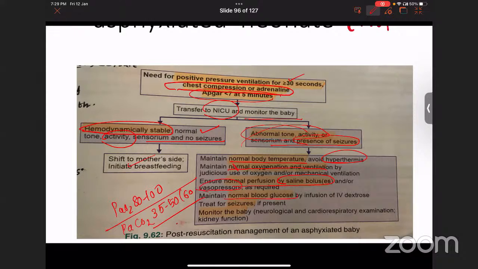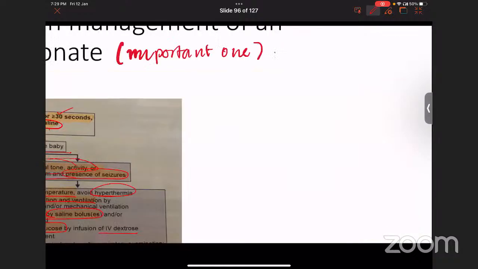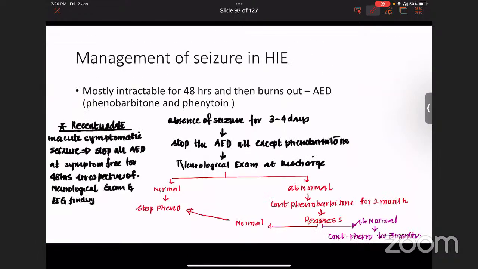Always maintain normal blood sugar; hyperglycemia and hypoglycemia should be avoided, by infusion of IV dextrose. Treat for seizure and monitor the baby. Normally, the seizure in HIE is intractable. As I said, if HIE causes the seizure, it should occur within 48 hours. If it occurs within 48 hours, it will be intractable. Even after giving all sorts of AEDs, the seizure tends to continue. But in most cases it has been found that after 48 hours it automatically burns out,